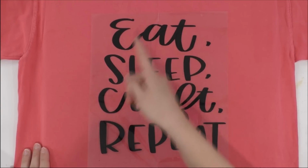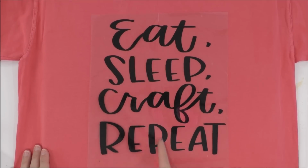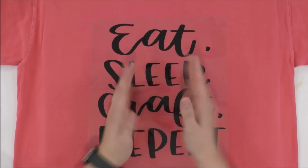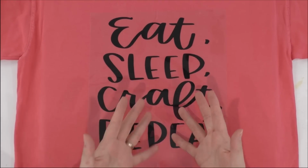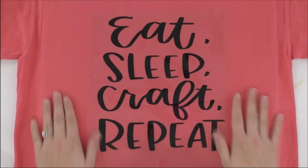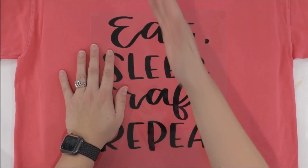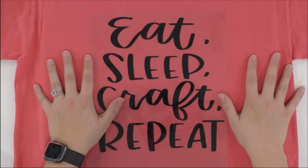So our little notches right here and our little line goes right through our shirt. So this looks amazing. Now, guys, a lot of questions we get are, do I need a Teflon sheet? You really don't need a Teflon sheet when you're doing simple crafts like this. So once you have it positioned perfectly and flawlessly with all the tips and tricks that we just gave you,